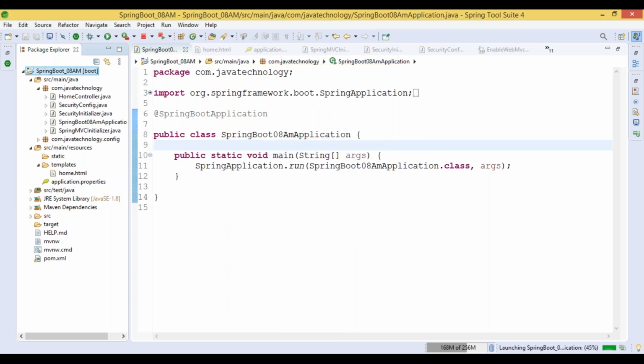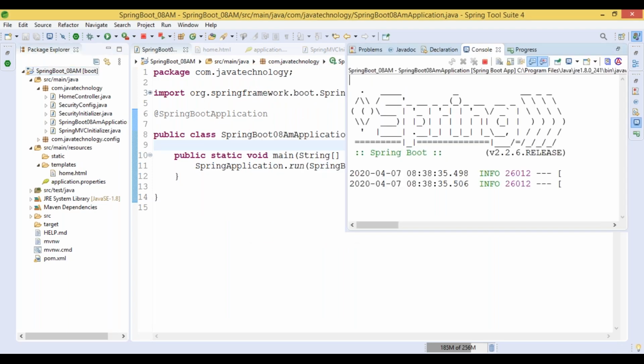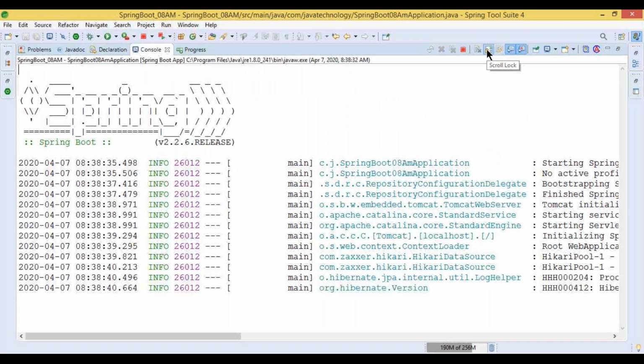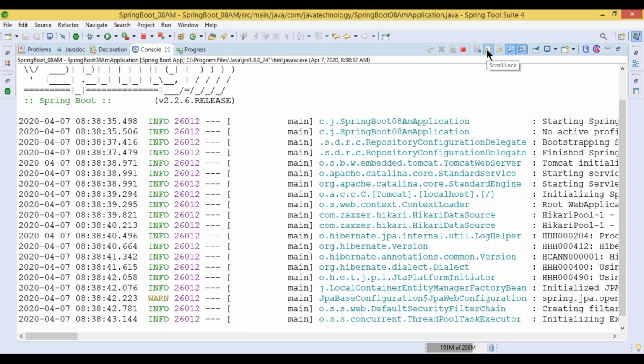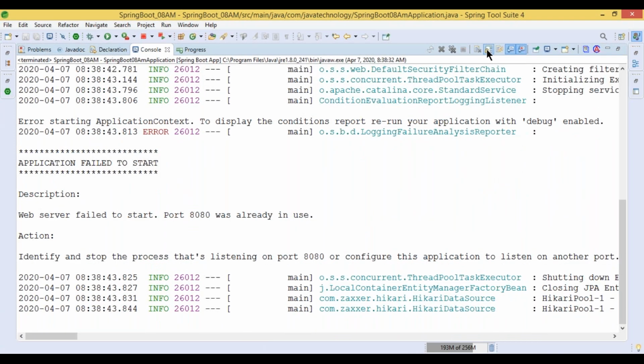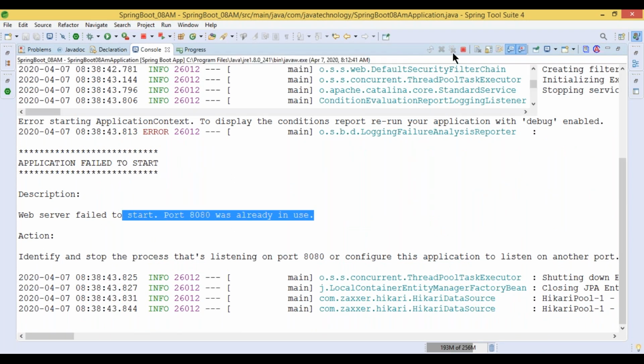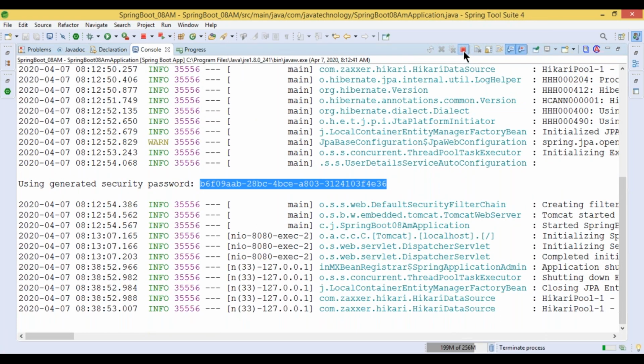Security initializer. Oh, the server is already in use. Okay, one server is already running here, so we close the server.